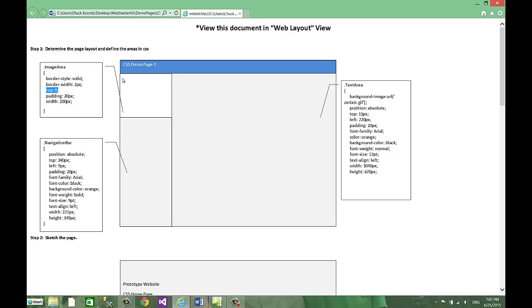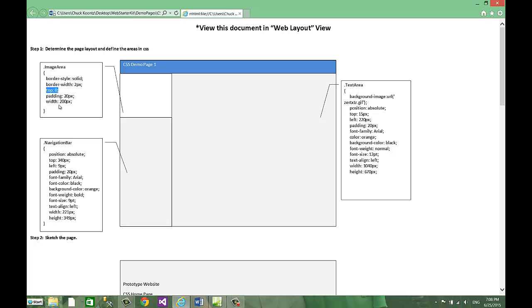And within it there's going to be some padding, so there's going to be like a margin of 20 pixels around the area, and it's going to have a width of 20 pixels. Okay, so in this image area I've defined the top, width, and